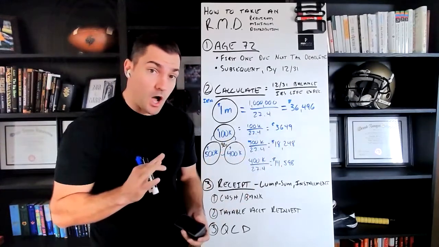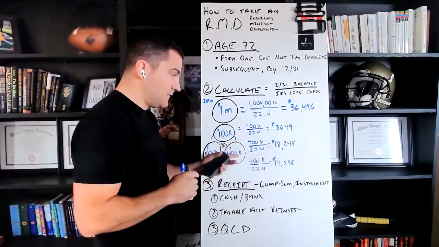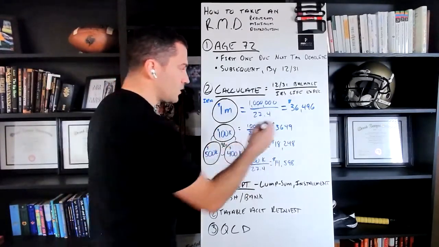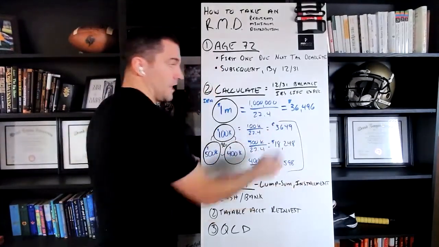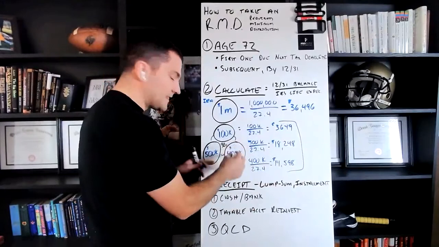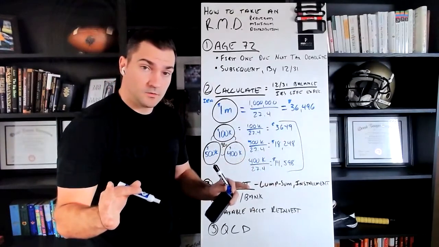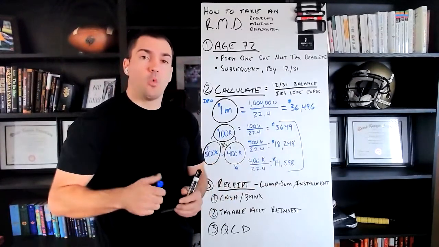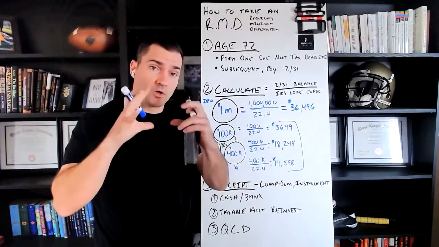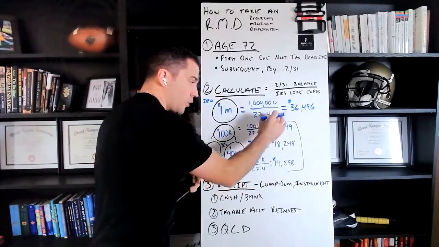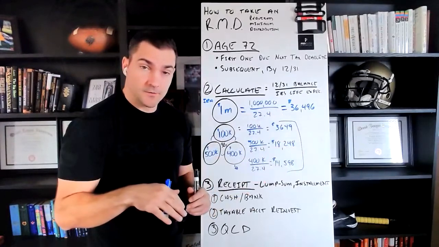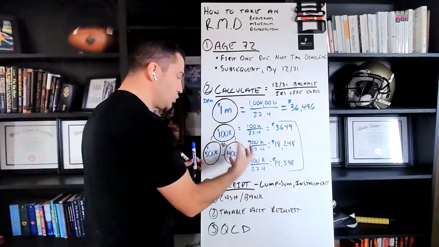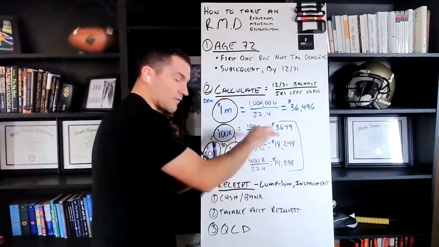You can withdraw these amounts from each individual account equally. You can do that. You can also total all these up and take them from one account. You could take all of these from one IRA. The IRS doesn't care which IRA it comes out of. They view it all as one big pot of money. They just want to make sure the right amounts come out. That's what you need to be aware of. You calculate them all individually, but you can pull these amounts from whatever IRAs you want.